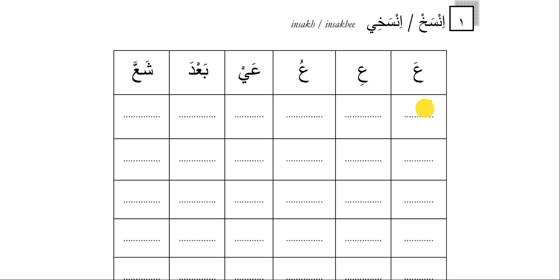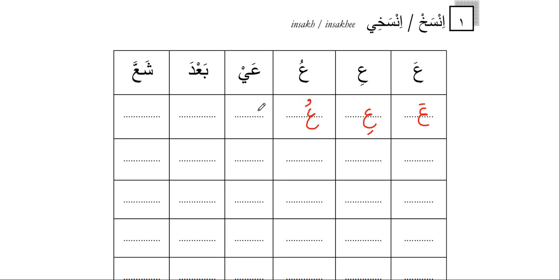Ayn is written like a small C on the line, and then the pot belly goes down, and this is much bigger than the upper portion of the ayn. So you can say this is a small C joined with a big C below the line, and it's with fatha. And this is with a small C, and then there is a bigger C continuing with ayn, and ayn